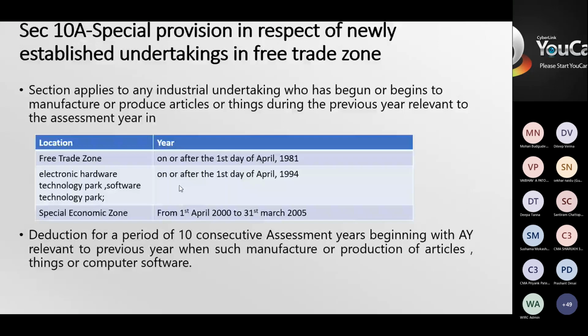Moving on to some of the exemptions under section 10A, this is for free trade zone, that is those who have set up their businesses in a free trade zone, or software technology park, or special economic zone. Then there is a deduction for 10 consecutive assessment years beginning from the assessment year when they actually start manufacturing articles or computer software. Of course, some of these benefits are no longer available, so you'll have to be very careful while suggesting this. And of course, the related